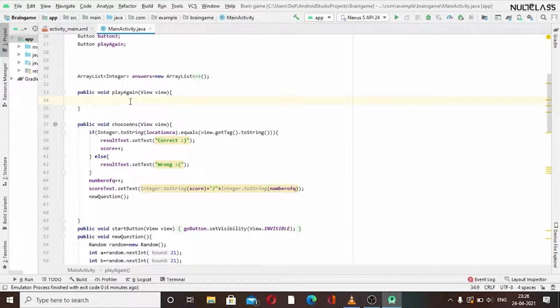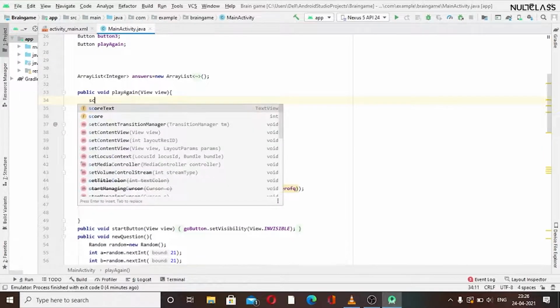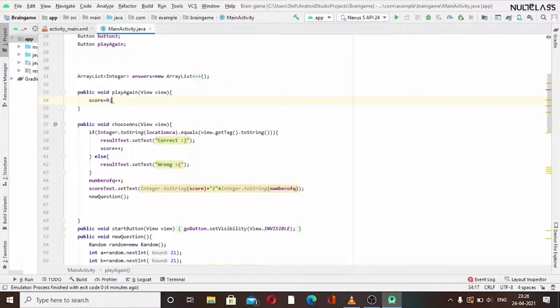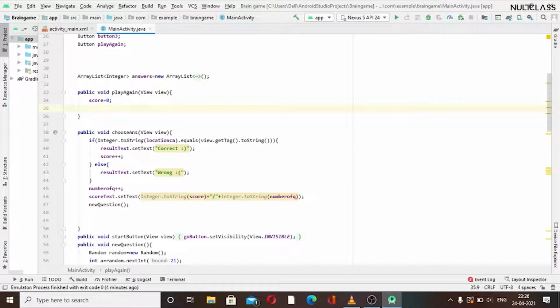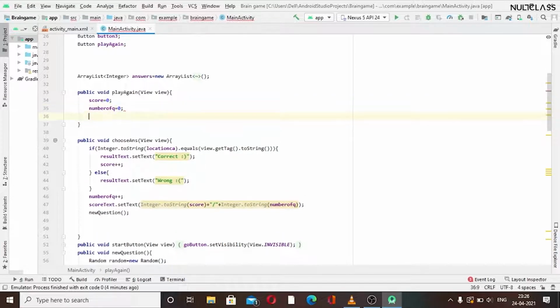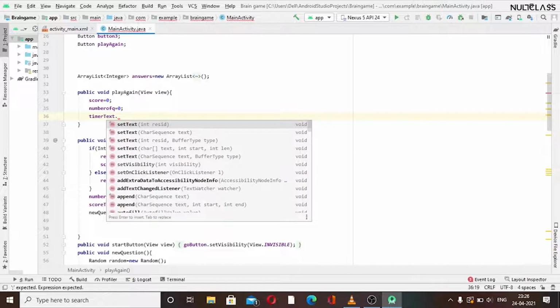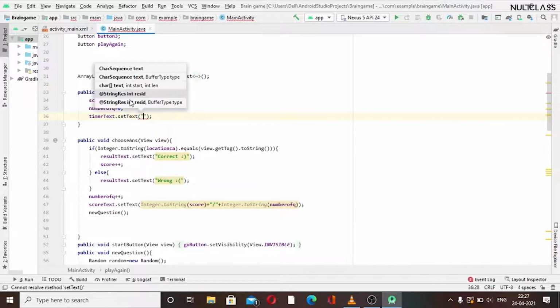So first of all, inside of that we have to initialize the score again to 0, as we will reset all the things. And we also want the number of questions to be 0. Another thing we want is our timer text to show 30 seconds again, like it was initially.